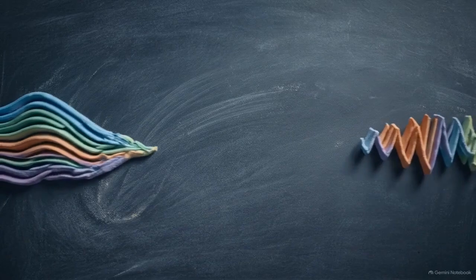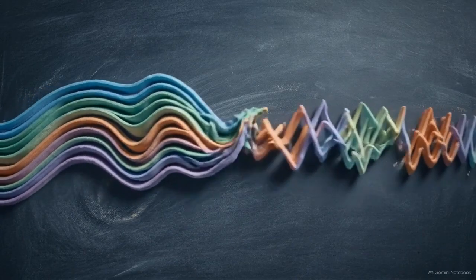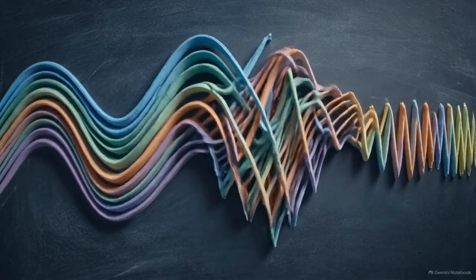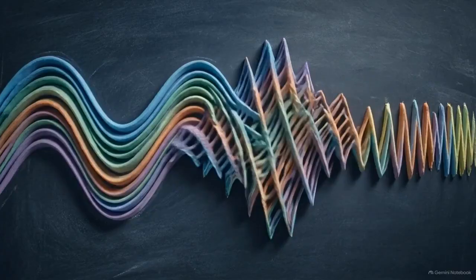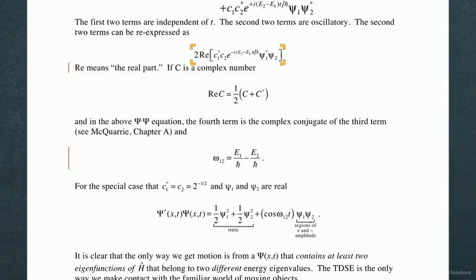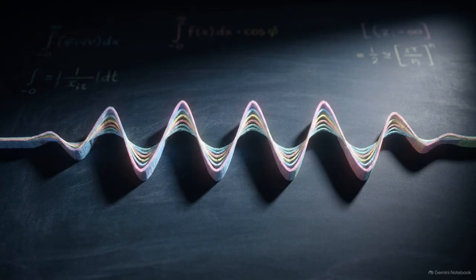Because the states have different energy eigenvalues, their frequencies differ. When multiplied, the complex exponentials in these terms fail to cancel out. This surviving phase difference allows the probability density to fluctuate over time. Physicists simplify this complex conjugate pair by extracting the real part, resulting in this cosine equation. Taking the real part of this phase difference yields a pure oscillating cosine function.